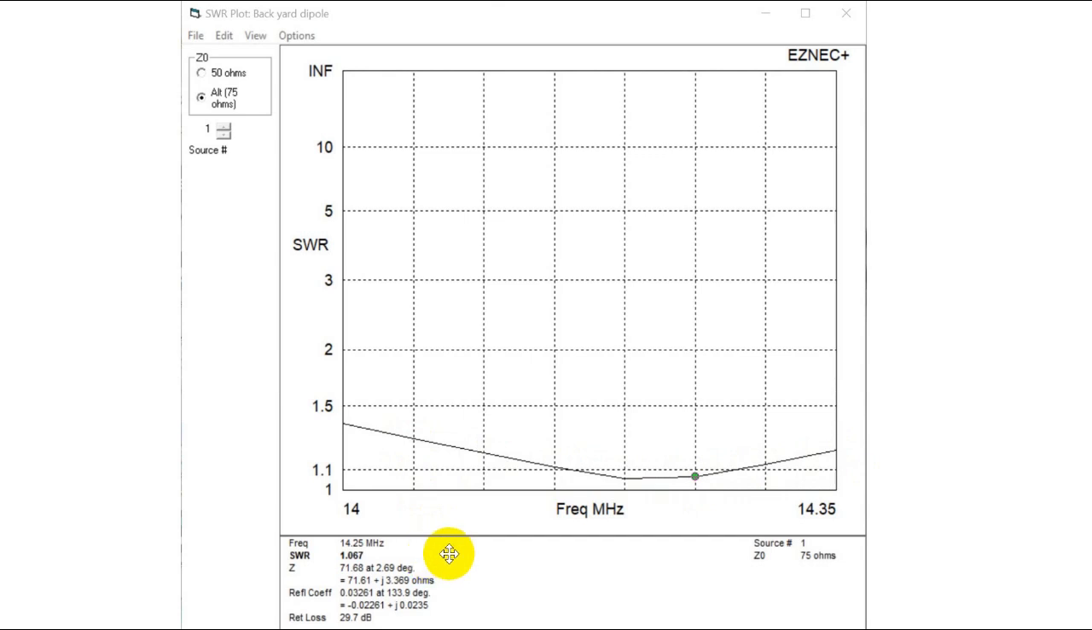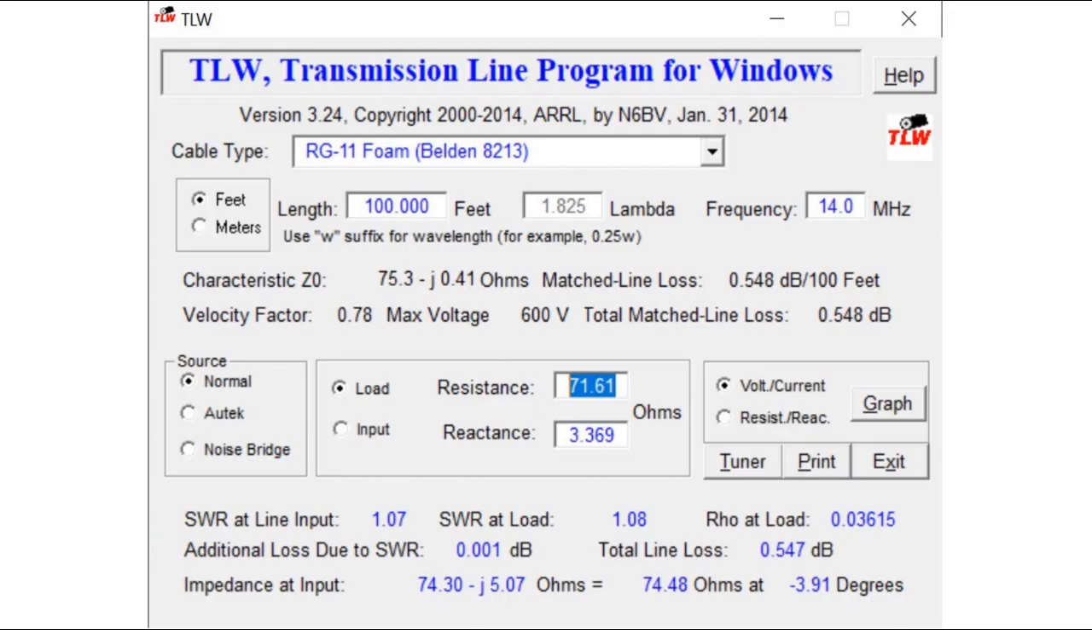It's very, very good. Okay, and we get, again, 71 ohms and so on. That's all the same. But now if we put this into Transmission Line for Windows and we use an RG11 cable, which is a 75 ohm cable, what we find is that the SWR at the load is 1.08, SWR at the line input 1.07, impedance at input